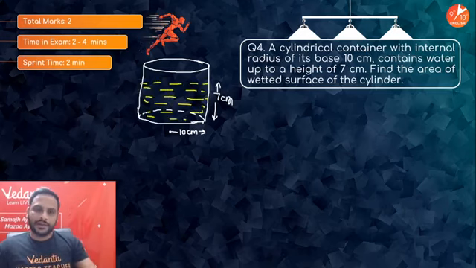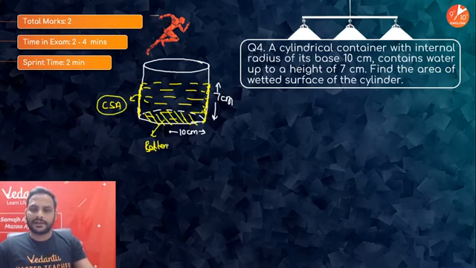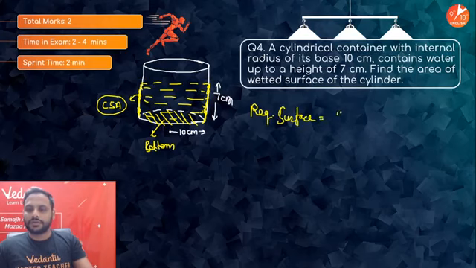So look, one thing: in the wet surface, I can say this curved surface of the cylinder is wetted up to a height of 7 centimeter. So this curved surface is the wetted one. Now look, at the bottom also, the bottom is also wetted. Bottom is also wet. So I can say the required surface or the wetted surface will be equal to